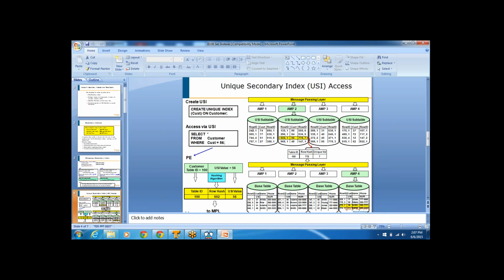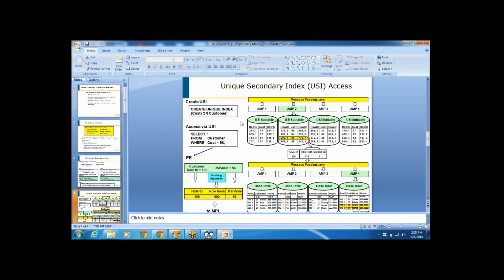The first and third columns of the table will store the row IDs. The first column holds the row ID for the secondary index column value. If I pass that particular value to the row hashing algorithm, whatever row ID it gives will be stored in the first column. It means the first column is going to hold the secondary index column value's row hash or row